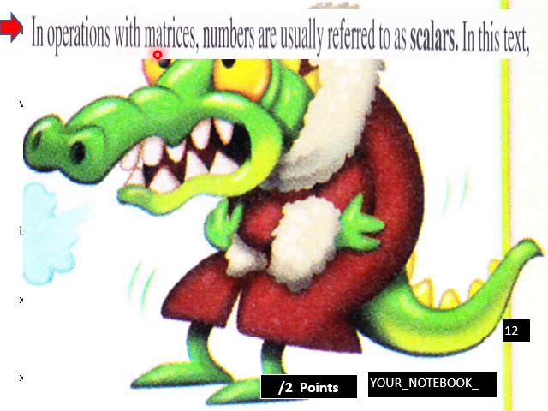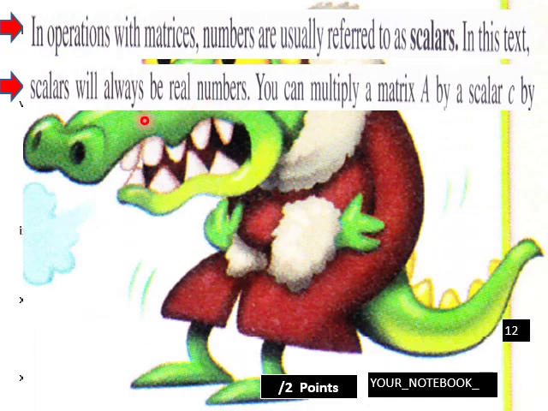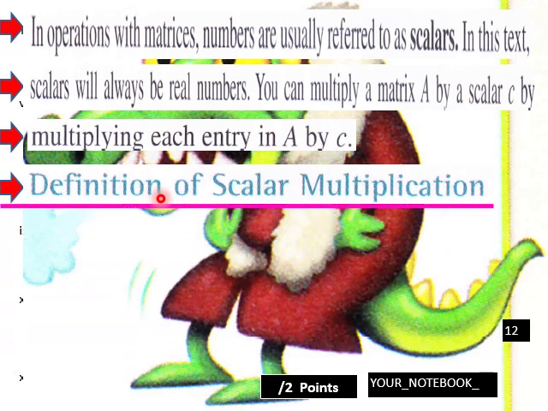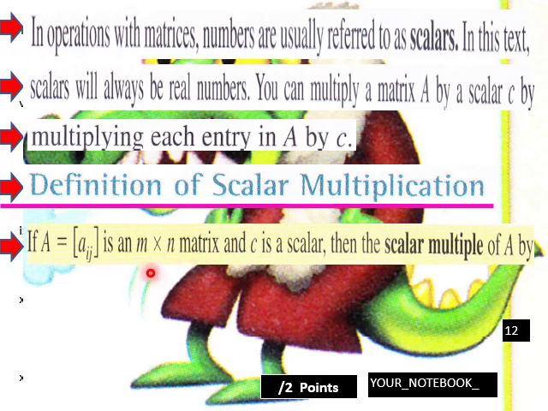In operations with matrices, numbers are usually referred to as scalars. In this text, scalars will always be real numbers. You can multiply a matrix A by a scalar C by multiplying each entry in A by C. So the definition of scalar multiplication would be